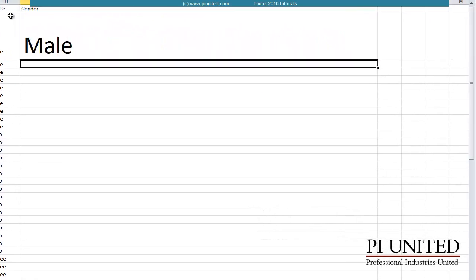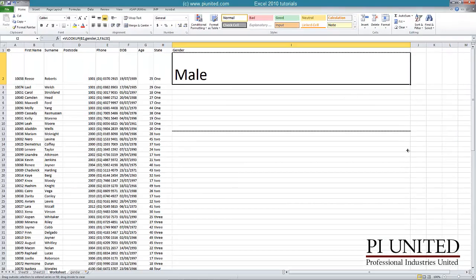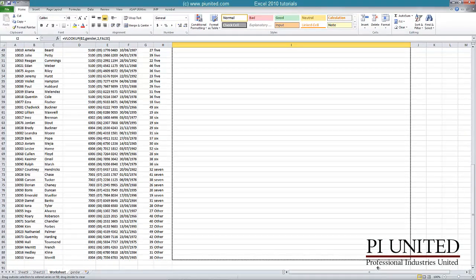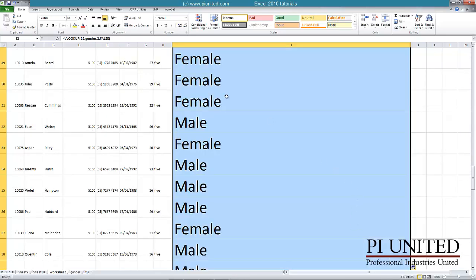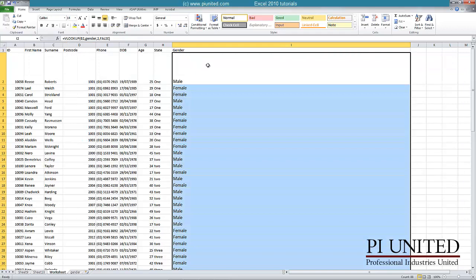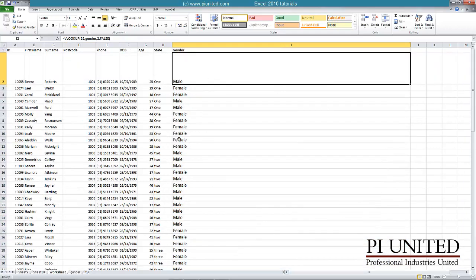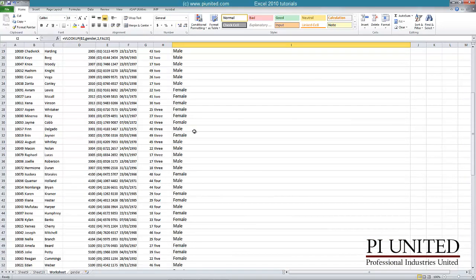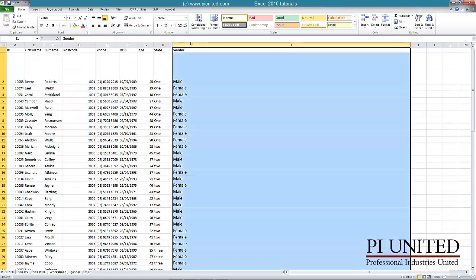When we hit enter, you will see I've labeled Reese as a male name, and we scroll down to apply it to all, and we lower the font. You can see it's applied male, female, male, female, male, female. So what we can do with this